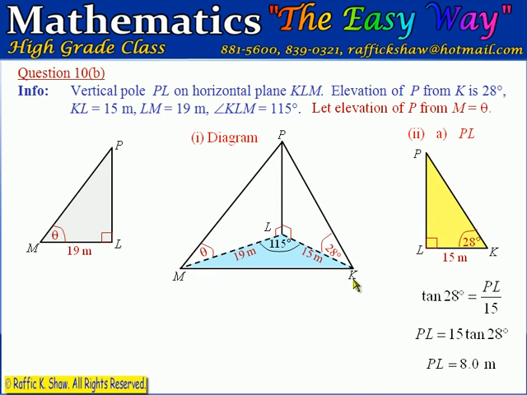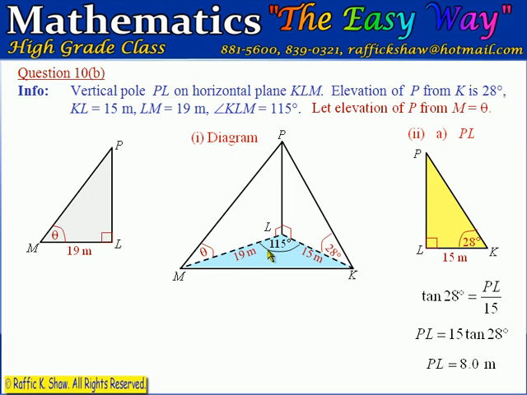Right? So to calculate this length, we have to come now and work on this horizontal triangle. Now in this horizontal triangle, what we have is a triangle that is not a right angle triangle. Therefore, we cannot use the trig ratios and we cannot use Pythagoras' theorem. What we have to use is the sine rule or the cosine rule to calculate distances and angles in this